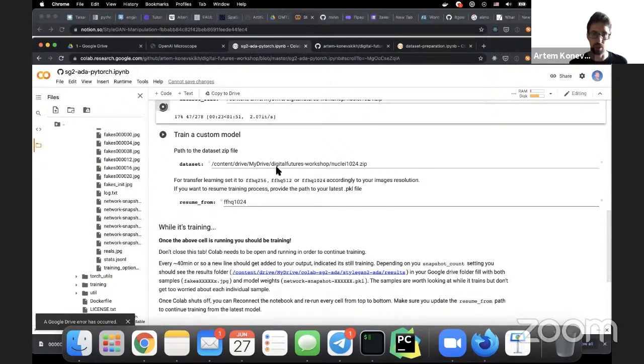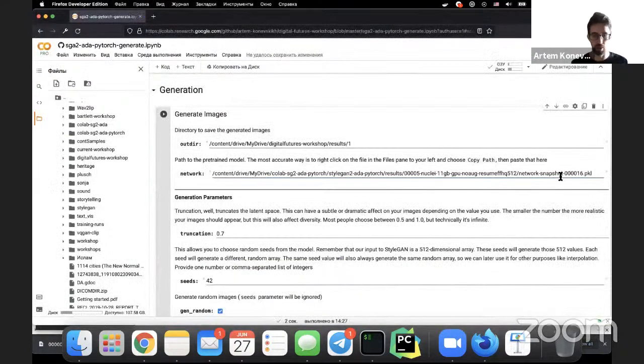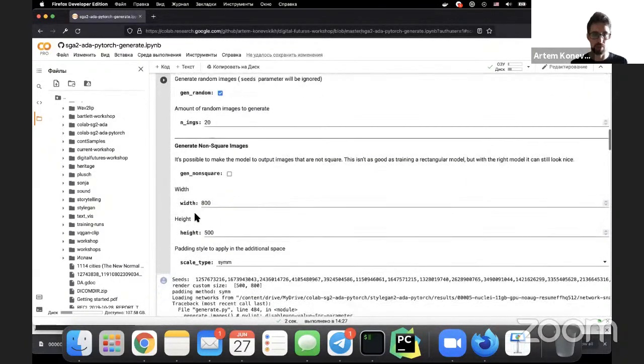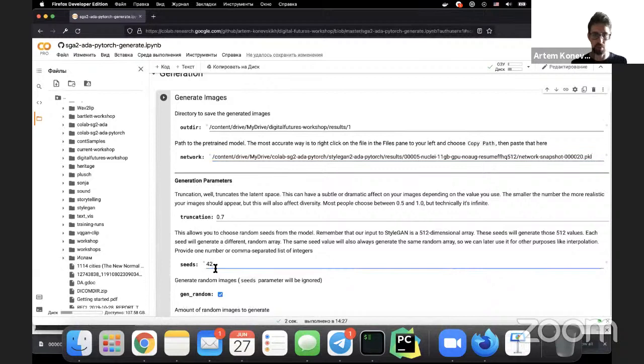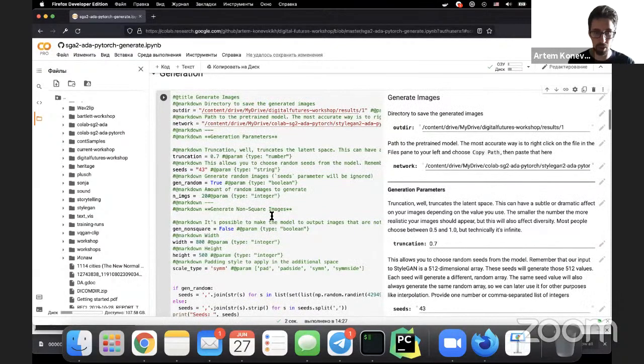And while it's creating the new data set, I guess we can check the latest changes and the latest network snapshot we trained before. So I'll go here, paste it. Just want to check some. Also, I just did it and remembered